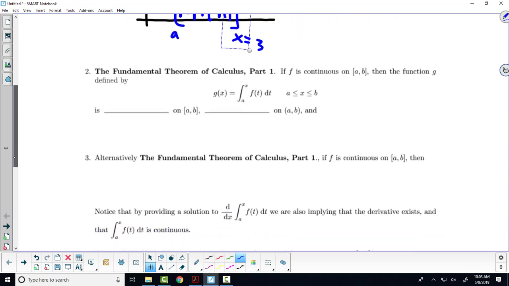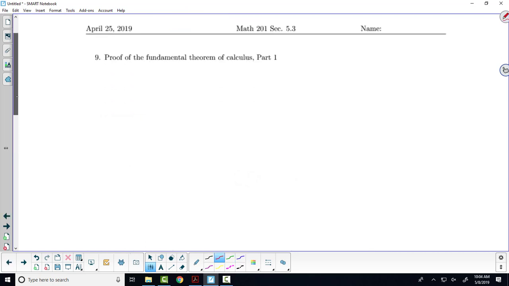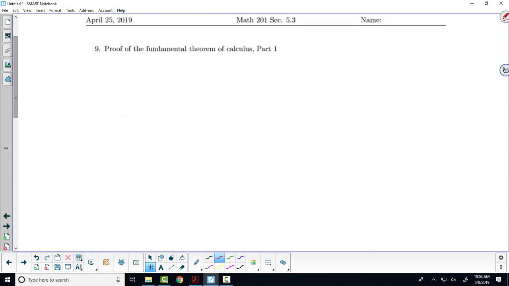So it says, given our area function right here, this function is continuous and differentiable. Once we've said it's differentiable, what is its derivative? How does g of x change? It changes by f of x. And let's prove the fundamental theorem of calculus. So that was a quick review of it, right? Our goal is to show,